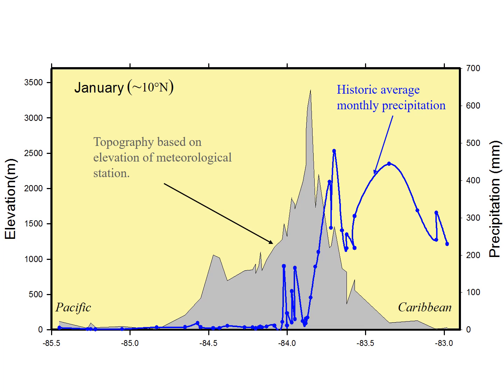Reading off from the right hand vertical axis, you can see that it receives about 225 millimeters of precipitation in January. As we move inland and we start to see the interaction between those trade winds coming in off of the Caribbean, being forced to rise up over the topography, we see the rainfall increasing in January on average to perhaps 480